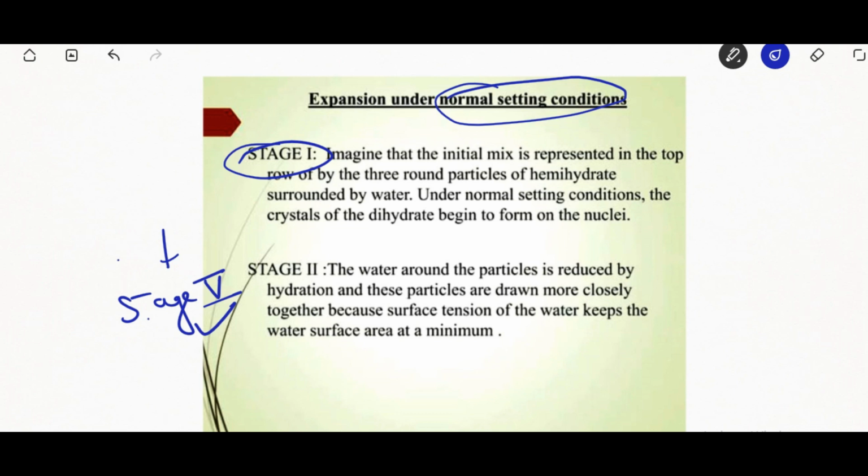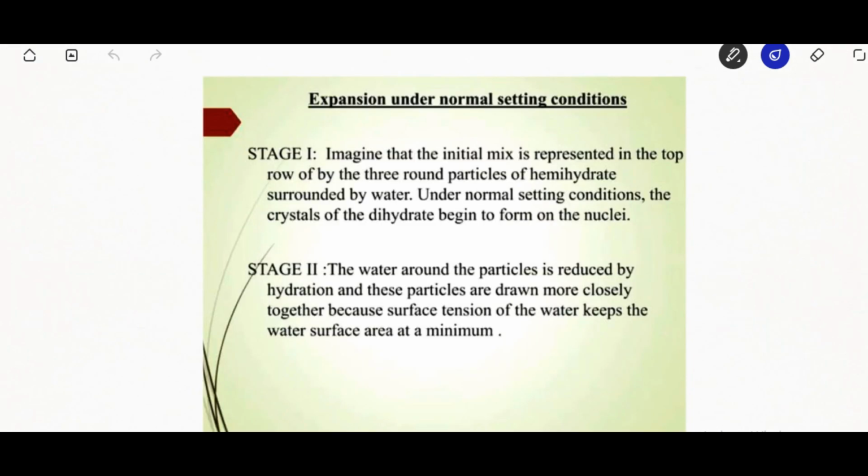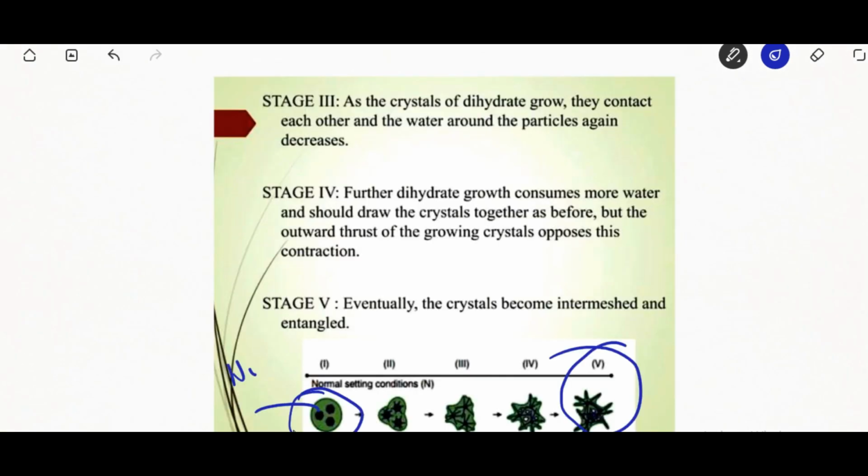Stage 1 consists of the crystals of dihydrate beginning to form on nuclei, moving to stages 4 and 5 consisting of crystals